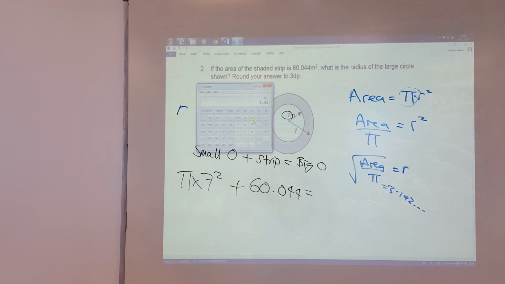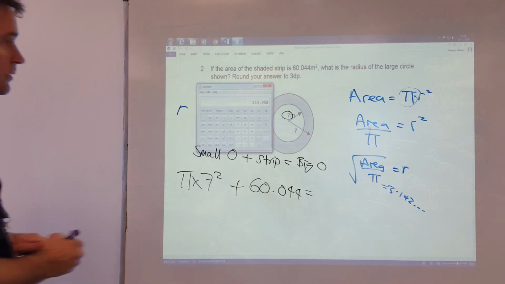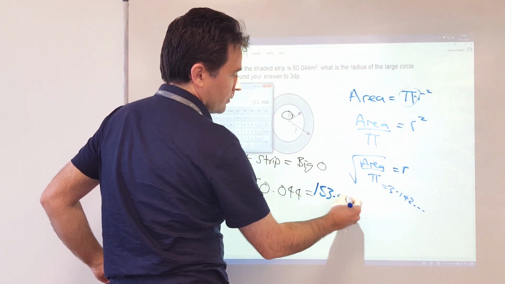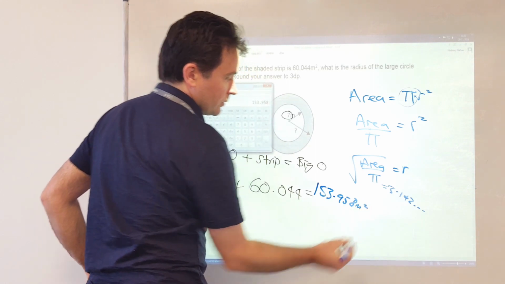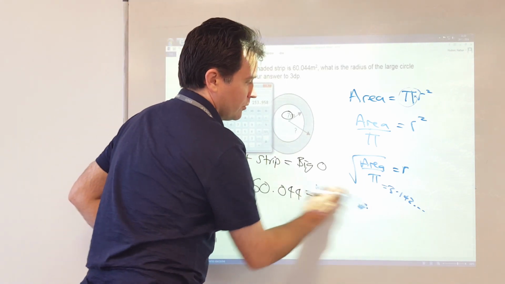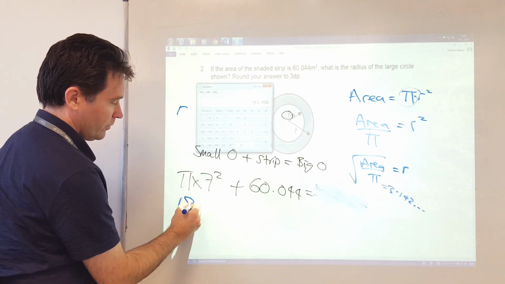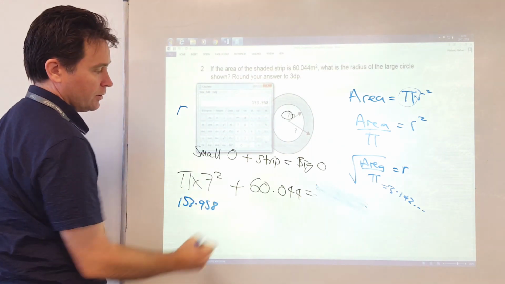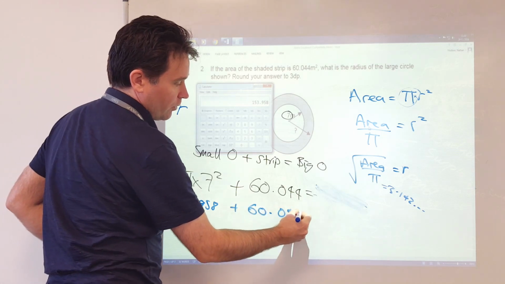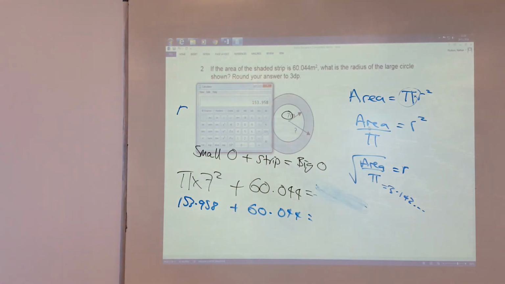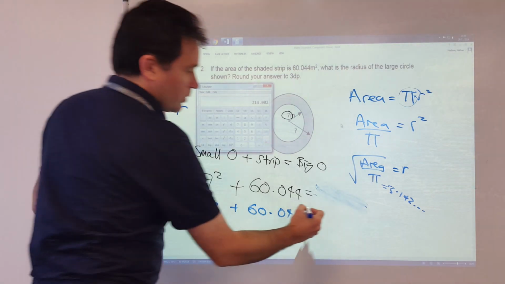That's 153.958 metres squared. Plus 60.044. So if I add on 60.044 equals 214.002